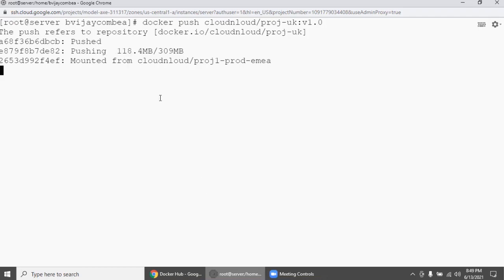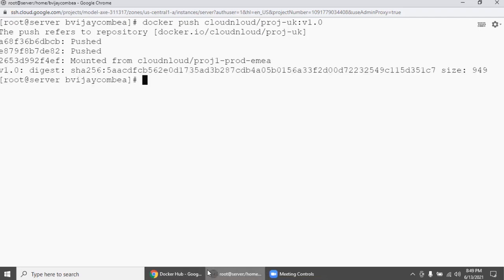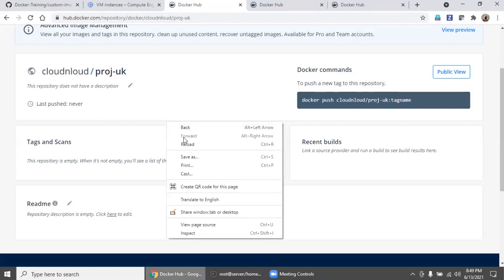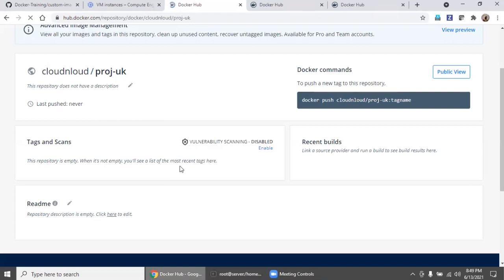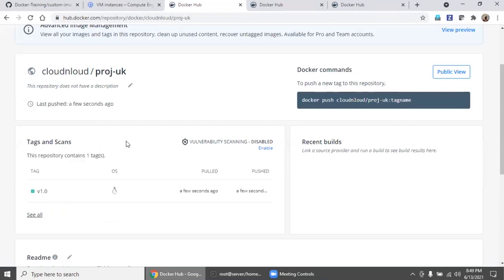Once it's finished, we will go back to hub.docker.com, your repository, and make sure everything is fine. With version 1.0, we should see it there. Now come back here, right click, reload. So we are seeing version 1.0.